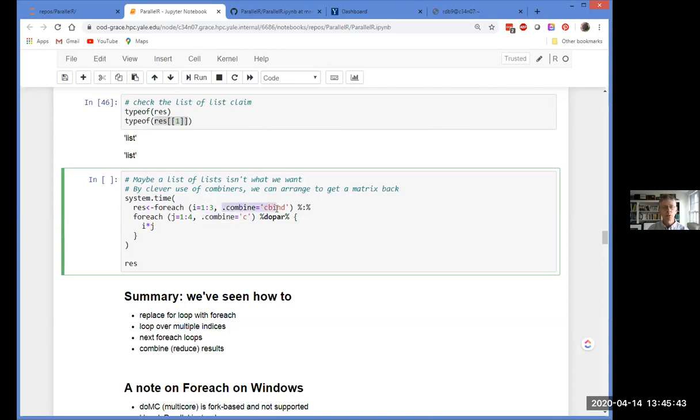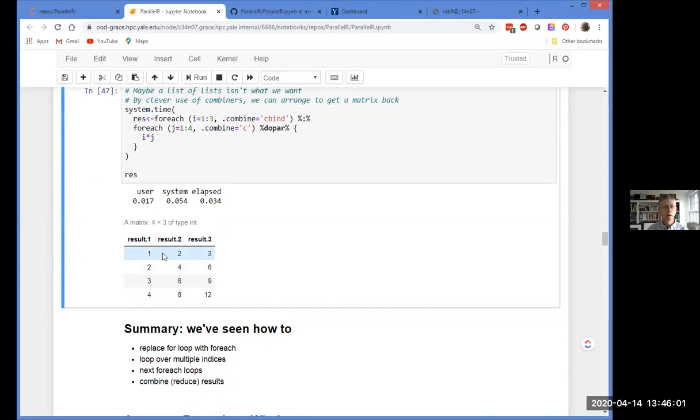And then on the outer foreach, we're going to use cbind to glue those vectors into a matrix by column. So this is very R-ish kind of stuff, but it works really well.